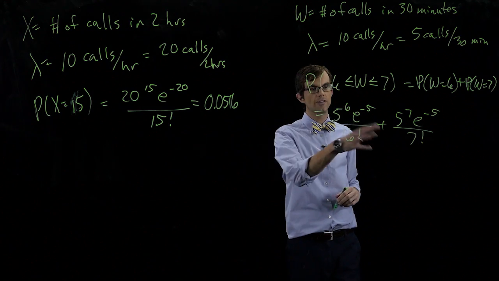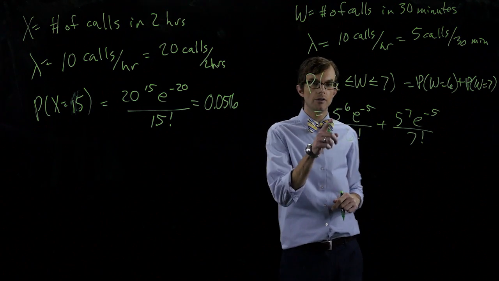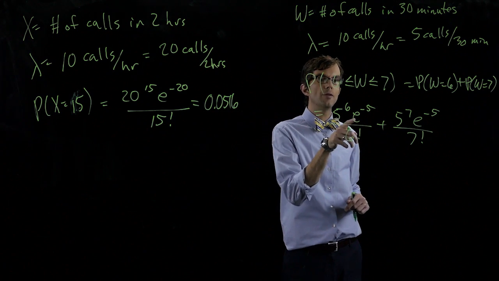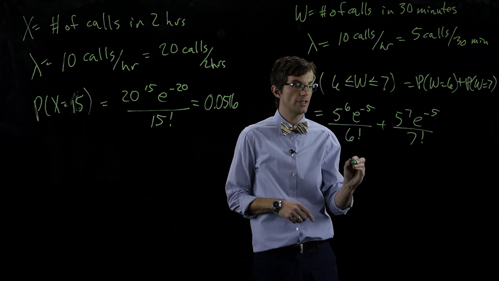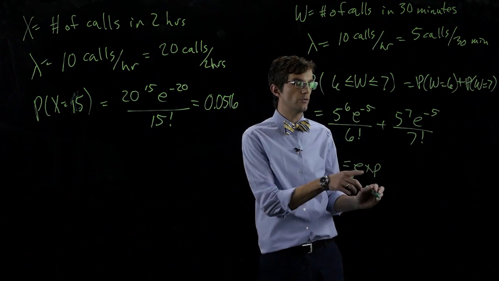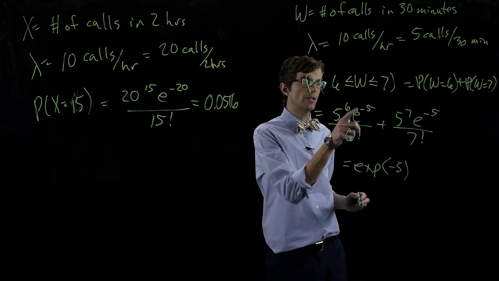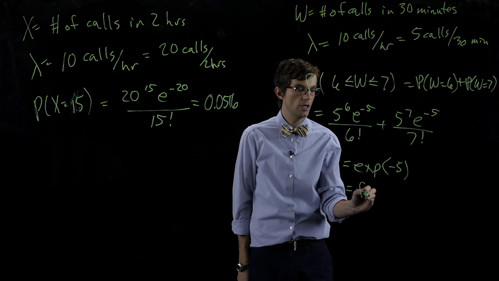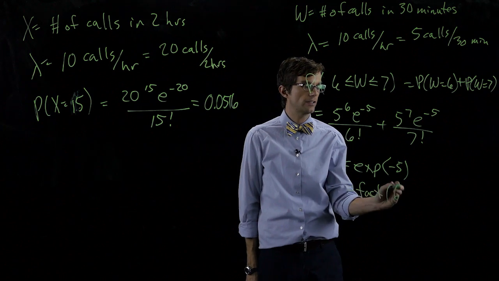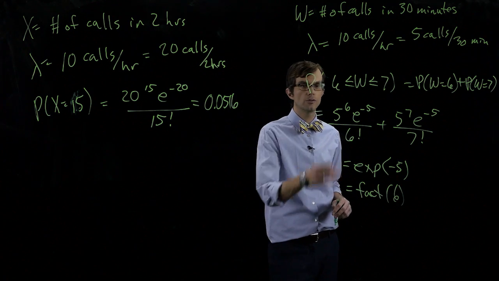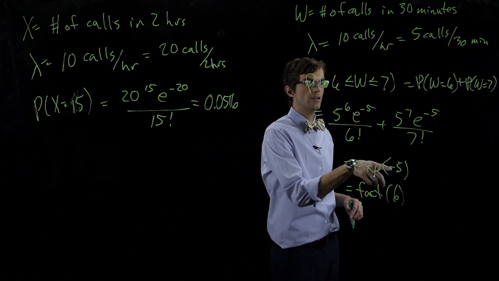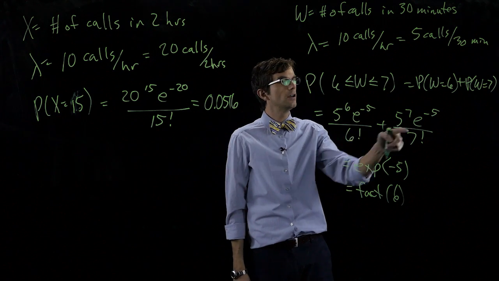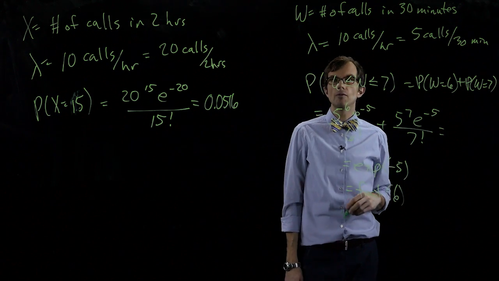You can calculate this in Excel. This would just be a straightforward calculation in Excel, 5 caret 6 multiplied by the exponent function in Excel, which is exp. So if we use exp of -5, that would give us this value. And then the factorial function in Excel, we didn't talk about this previously, I don't think, but the factorial function is fact. So fact of 6, we could put that in the denominator. So we have 5 caret 6 times exp of -5 divided by fact of 6, and that would give us this probability. We could do the same thing over here, and if we sum those up, we should get